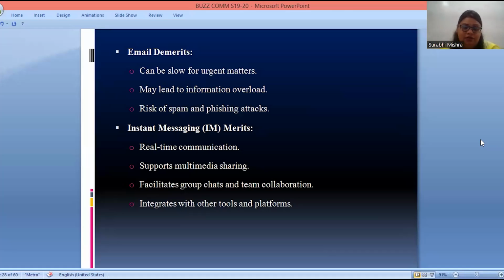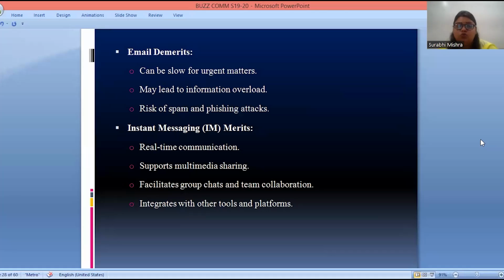So the next category in digital communication is instant messaging. The merits of instant messaging are, first of all, real-time communication. It supports multimedia sharing, facilitates group chats and team collaboration. It also integrates with other tools and platforms.